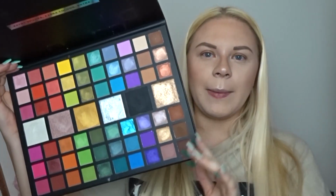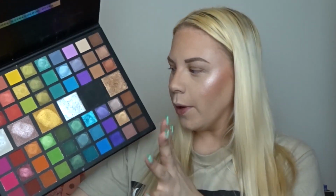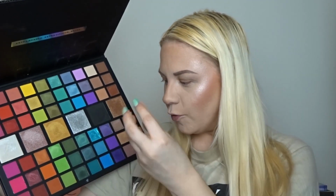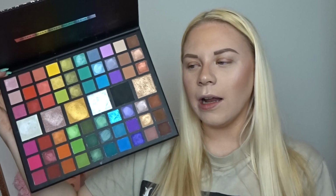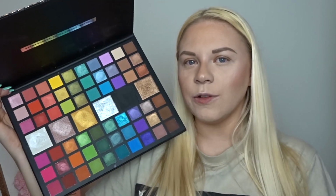So let me just show you quickly what the Extravaganza palette looks like. I keep saying Extravaganza. So this is the one in the black packaging, and this is what this one looks like. You've got two rows of neutrals. You've got dark greens, dark blues, black, dark shimmers. It's just very bold and colourful, whereas I feel like the cloud one is a lot more pastel-y and